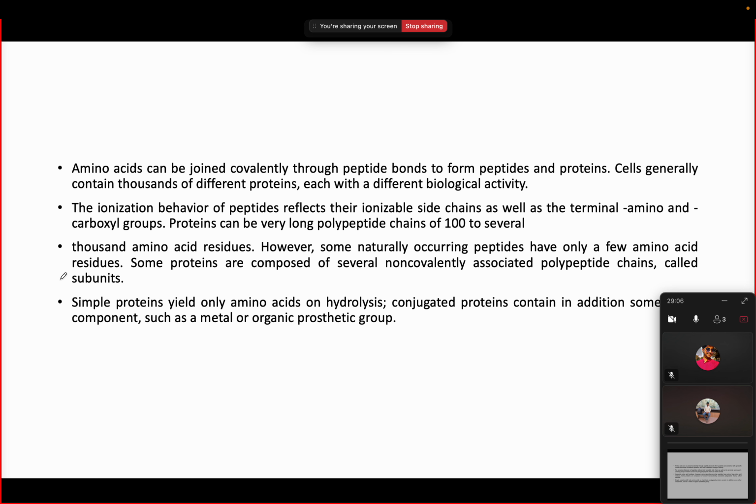So amino acids can be joined covalently through peptide bonds to form peptides and proteins. Cells generally contain thousands of different proteins, each with a different biological activity, obviously. The ionization behavior of peptides reflects their ionizable side chains as well as the terminal amino and carboxylic groups. Proteins can be very long polypeptide chains of 100 to